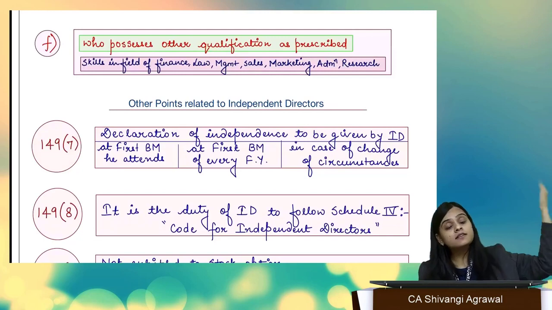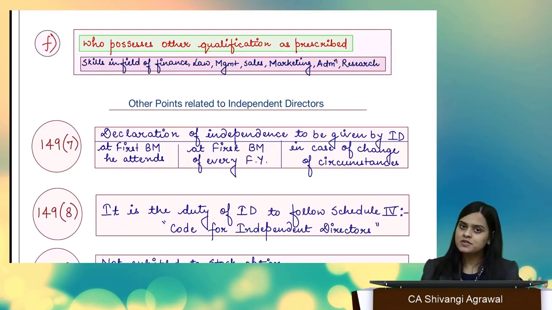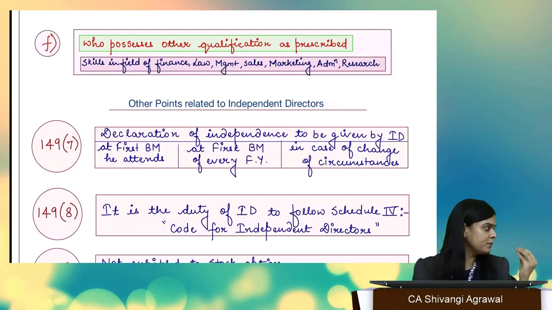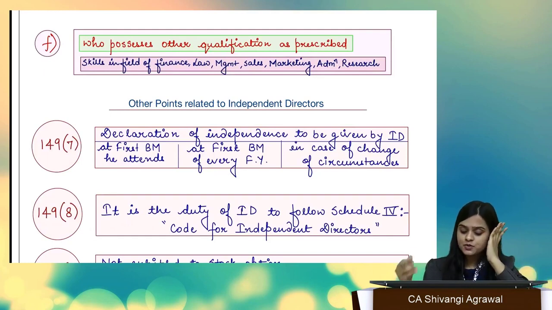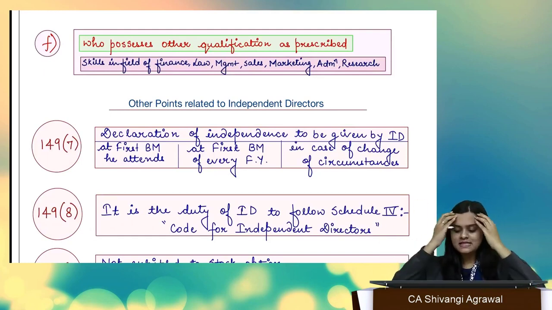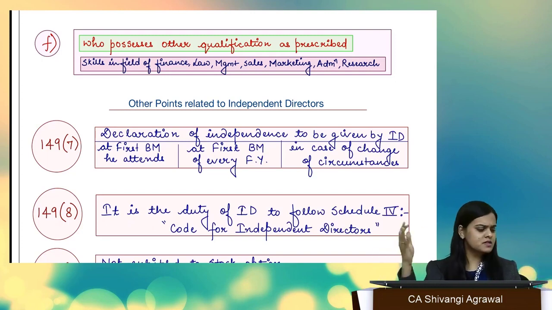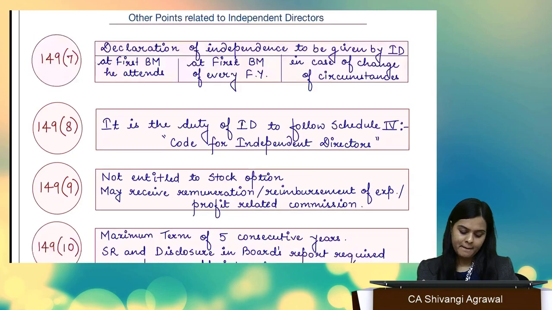Who possesses other qualification as prescribed? What are the other qualifications prescribed? You can be an expert in finance, you can be an expert in law, management, sales, marketing, administration, research, any other discipline, etc. Fine. Now,